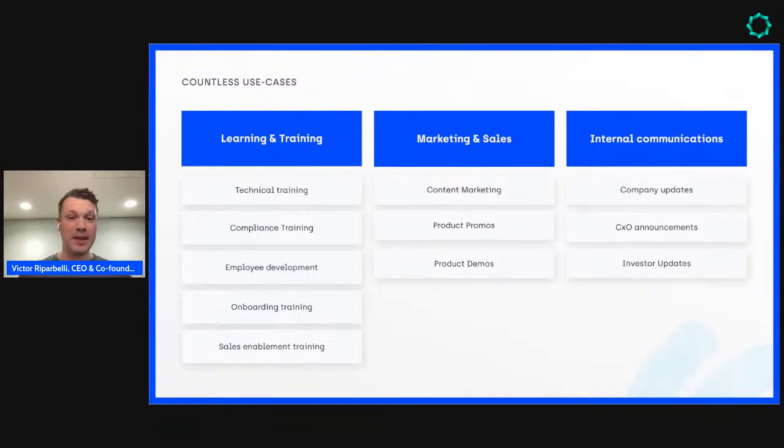We're also seeing marketing and sales, so content marketing, customer success teams, creating video content that helps their customers be more successful, product promos, demos, feature videos, all that type of stuff. It works really well for that. That's of course because it's very easy to produce. It can be done by anyone in the organization who has created a slide before, which is more or less